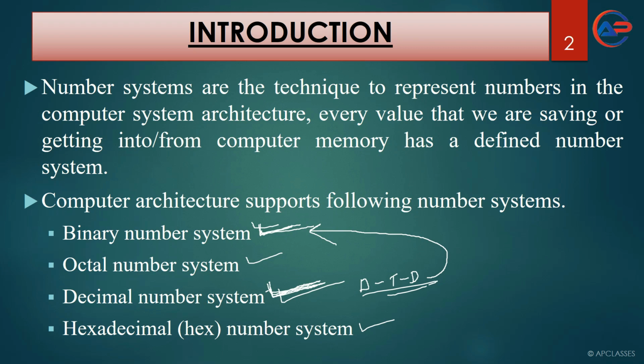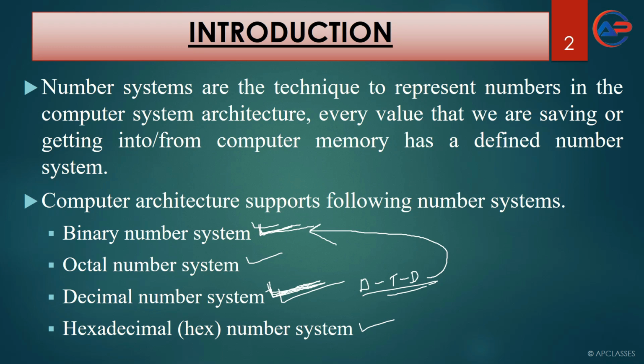If we are working with computer architecture, we need to understand it. Architecture means how the computer is going to work, how computers are built, and we need to know the exact performance and working of a computer. That is called computer architecture: how the computer is going to perform, how computers are built, and how the computer is going to work. All these things come under computer architecture.